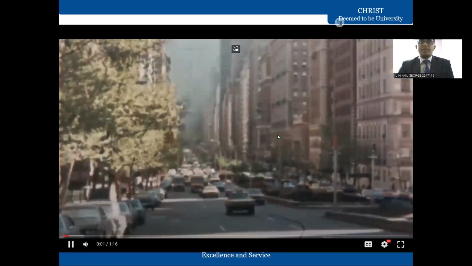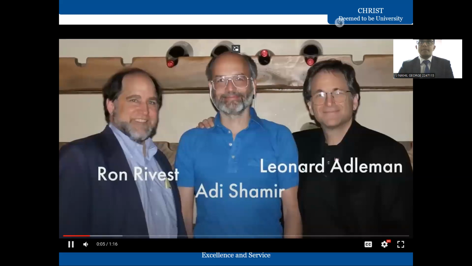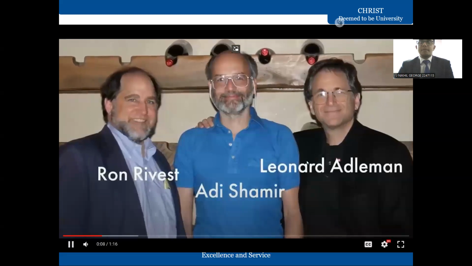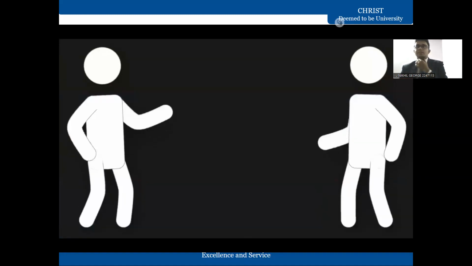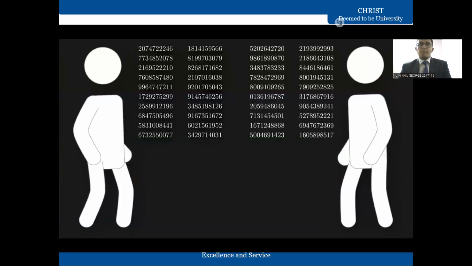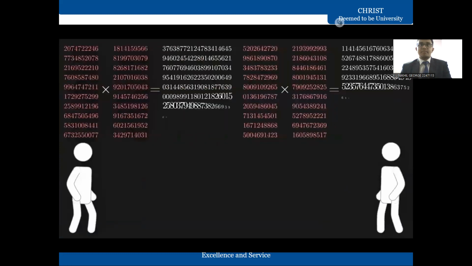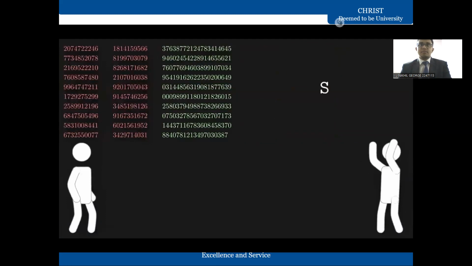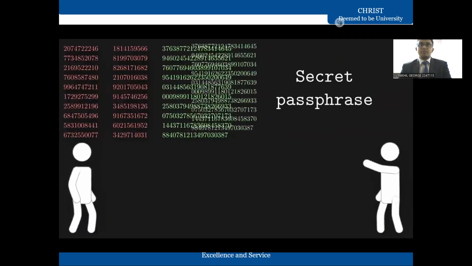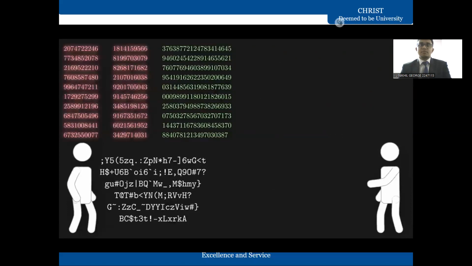In 1977 three scientists, Rivest, Shamir, and Adleman, came up with an encryption breakthrough. Today it's known by their initials, RSA, and it works like this. Every person has two really big prime numbers, all their own, which they keep secret. They multiply these numbers together to get an even bigger number, which they make public for everyone to see. If I want to send someone a private message, I use their big public number to garble my message, in such a way that it is impossible to ungarble without knowing the two prime factors